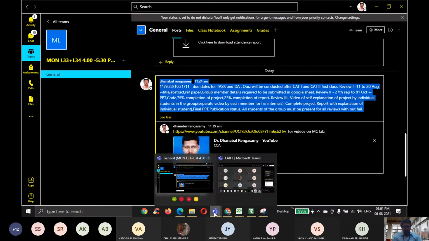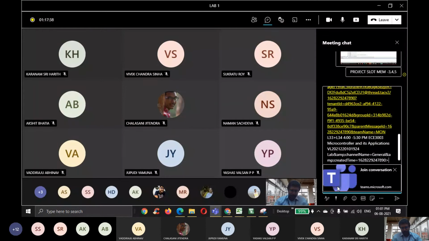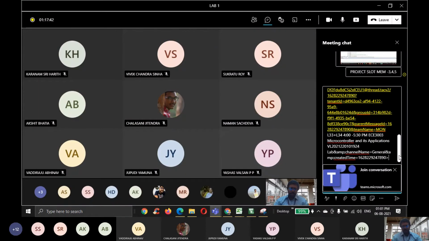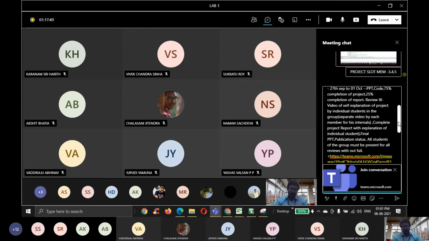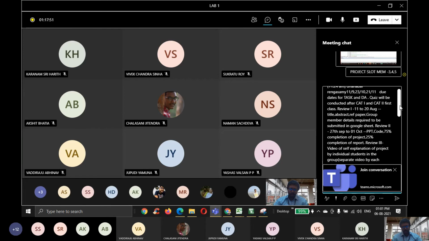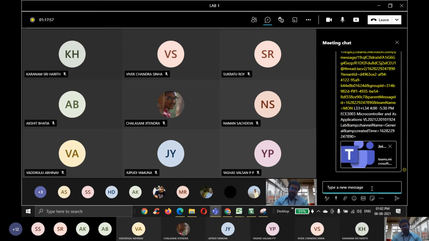Within the lab slot only you have to take, because the reviews will be conducted during the lab hour. Each and every student must be available during that period of time. You cannot select crossover of lab slots.